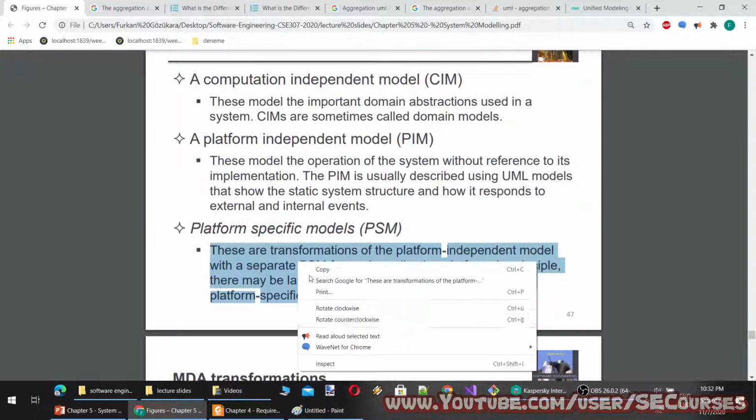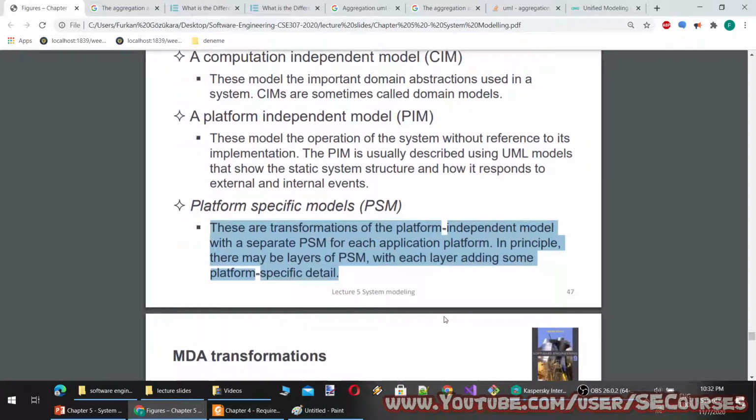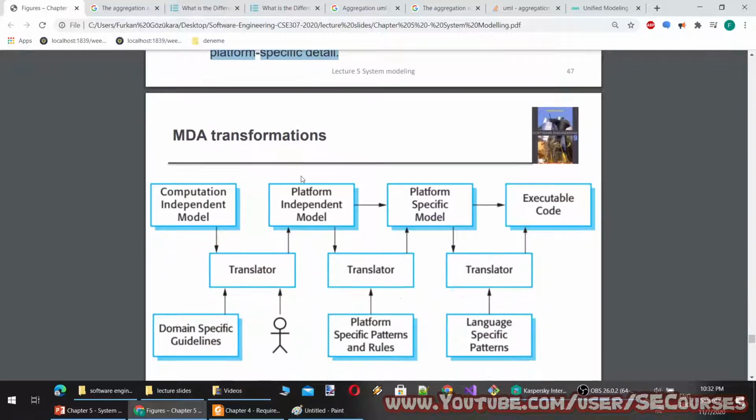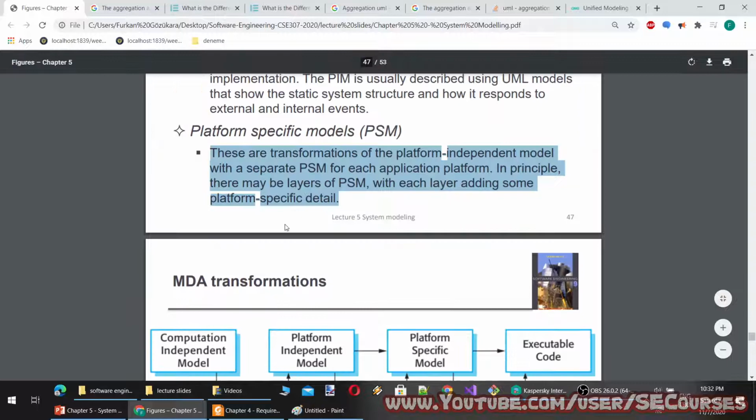Platform-specific models, PSM. These are transformations of the platform-independent model with a separate PSM for each application platform. In principle, there may be layers of PSM, with each layer adding some platform-specific detail. So,